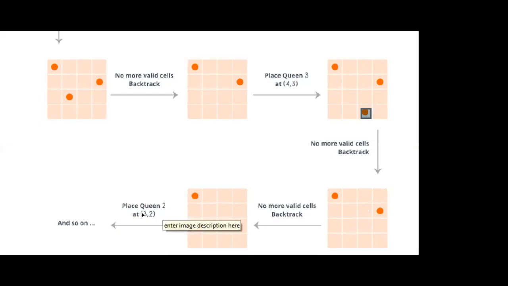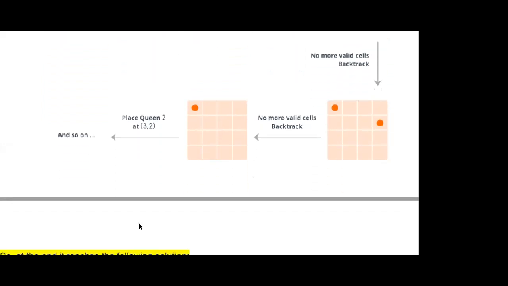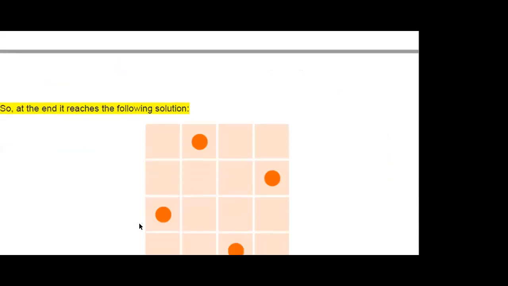And again, suppose in the next slot we are placing at position 3, 2. And again we keep on trying so that all the 4 queens are placed in this 4 × 4 square such that none of the queens contradict each other. So these are the various possible ways to assign this task. I am giving you one of the solutions that may be possible for this type of problem.